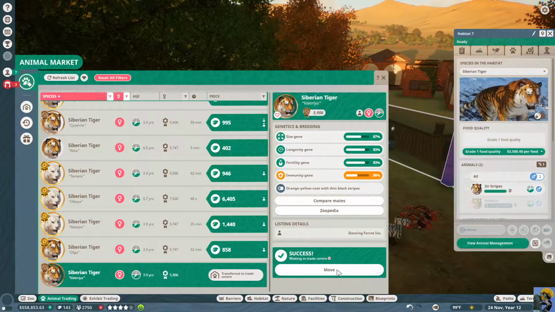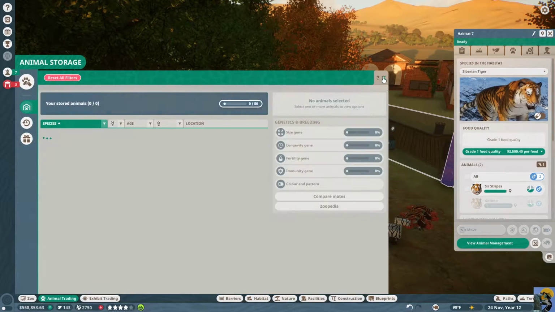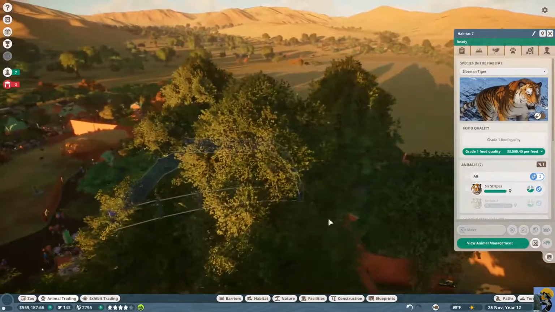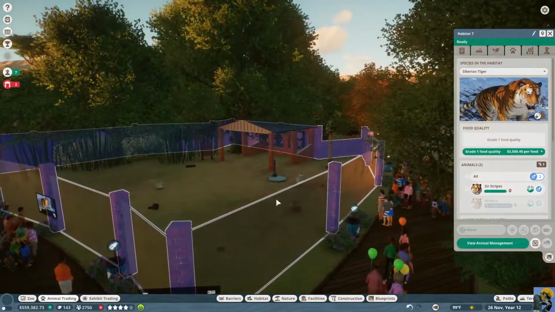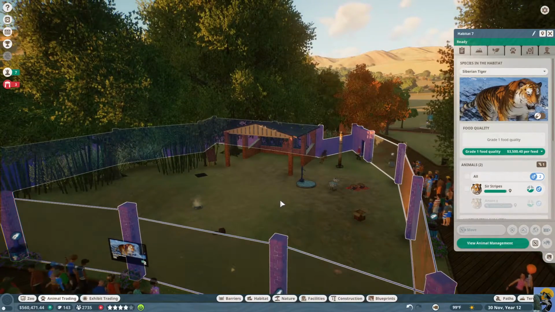Move. Valeria, is that your name? We're going to move her in there, and then I'm going to unpause it. And I'm just going to let the magic happen. Let's see how Sir Stripes responds to this. I will speed it up just a bit so we can get...